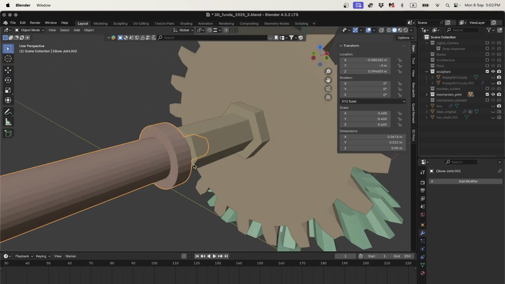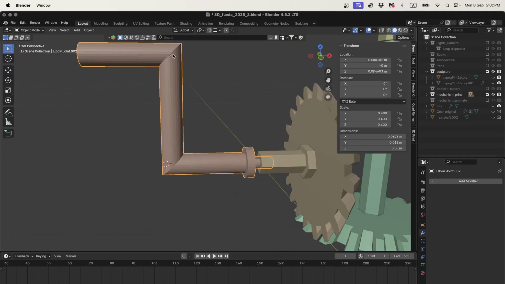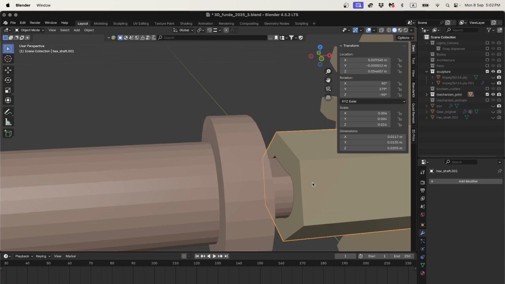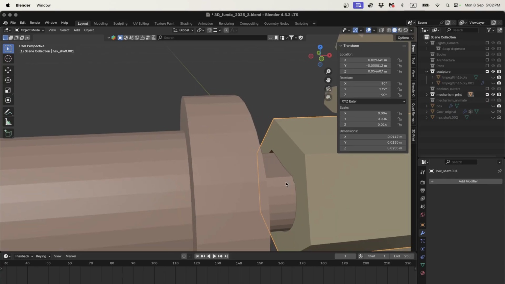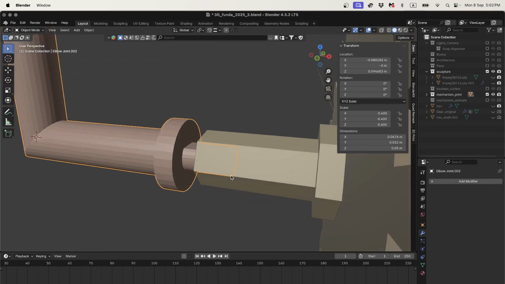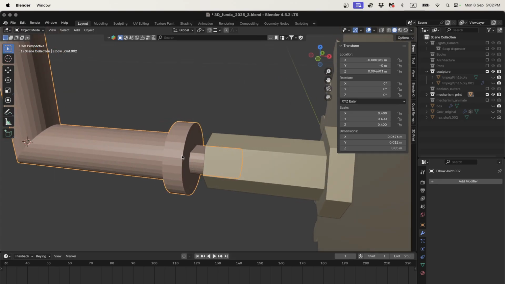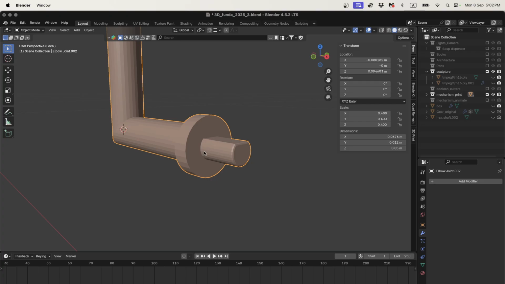Oh, how interesting. Oh, its origin is up here, that's why. Okay, no, I was just rotating things because I rotated this back correctly, but now we can see that's out of alignment, and I'd like it to all be rotating the right way. This will come back in our animation, but basically, if I go into